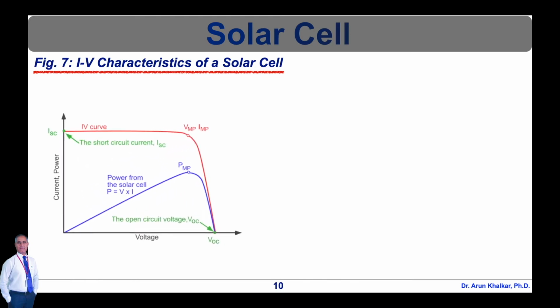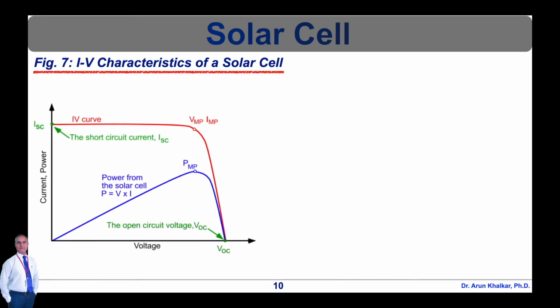Typical IV characteristics of a solar cell can be studied with a simple circuit, which is shown in this diagram. The IV curve of the solar cell is the superposition of the IV curve of the solar cell diode in the dark with the light generated current. The light has the effect of shifting the IV curve down into the fourth quadrant, where power can be extracted